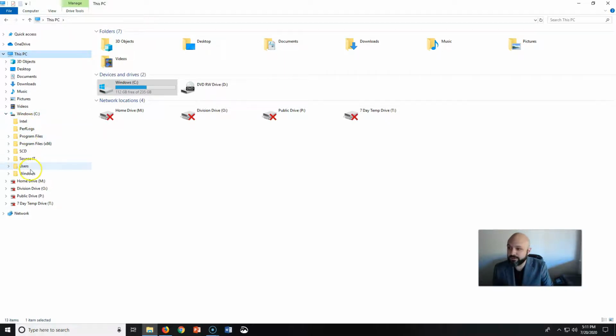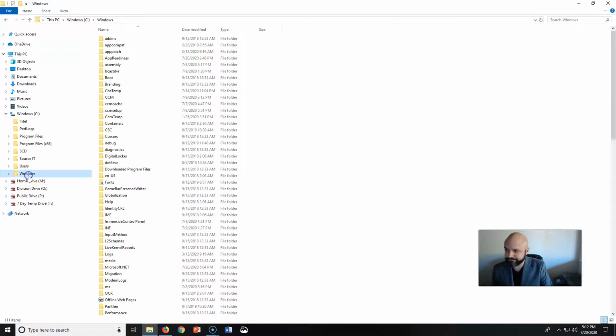Notice that I can see all these folders on the left, but I don't see any folders on the right. So this can be a handy way to navigate. We have two different options. To see that Windows drive, I can either open it up here, or I can open it up on the right side of the screen. Let's just take a look at Windows. We all have a Windows folder.